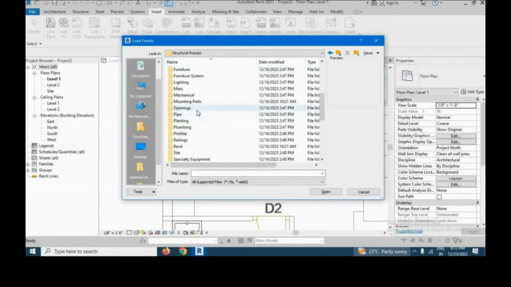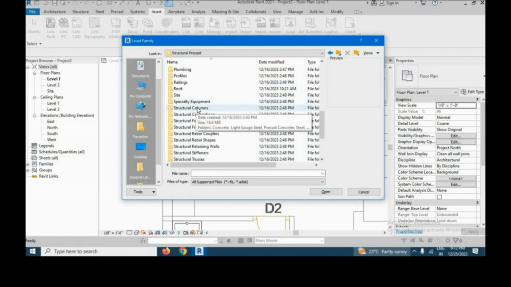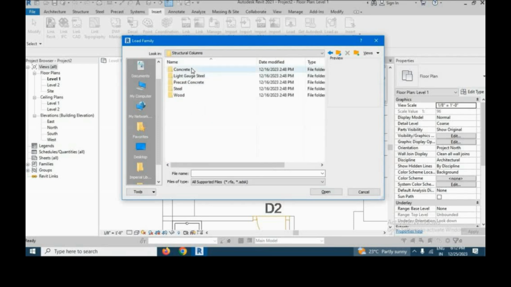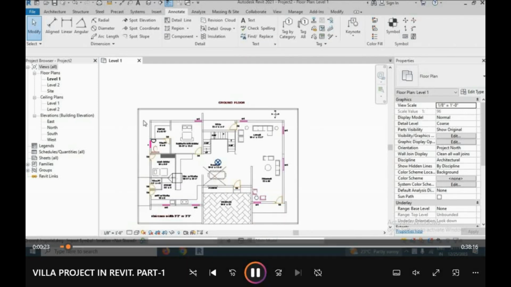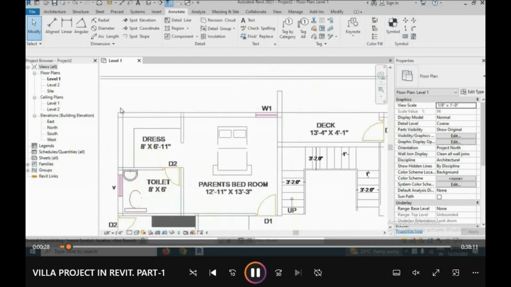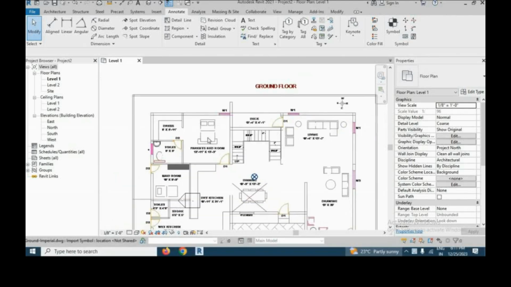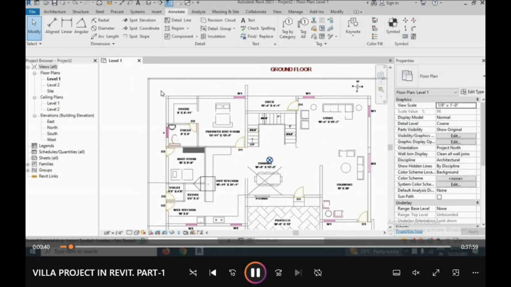Here, this is my AutoCAD file which I uploaded in my previous video, and there I told how to load the AutoCAD file in a Revit file. So according to the plan, we have to place all the columns, walls and furniture here, and I'm going to sketch the stage. First I'm going to start with